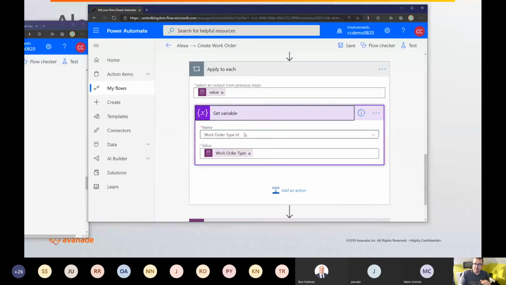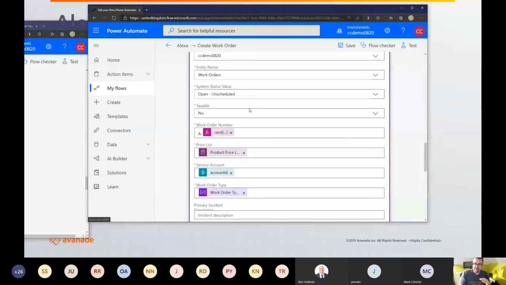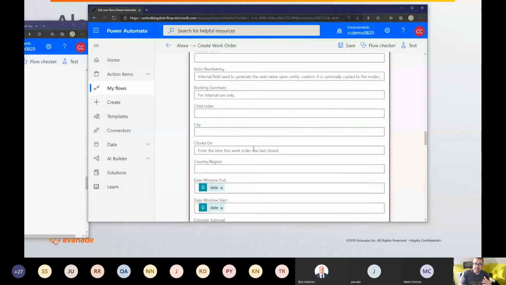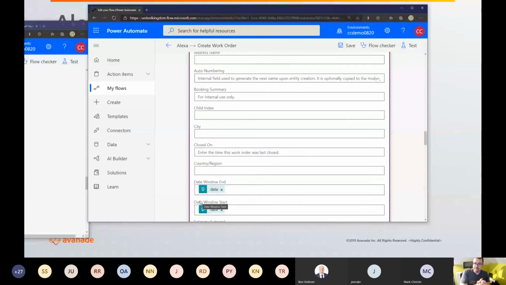We then just get the first one, because this always returns a list, and then we create a new work order. So we're basically setting a new work order. We're passing in a random number because the work order number is a required field. We need to get the price list and fill in all these required fields. The account ID is the one that we've already got. Work order type is already one we've got. The contact is the guy that spoke to us via Alexa. And finally, where's it gone? We put a start and end date in. So these are the dates that they've requested it for. So bringing all that together,